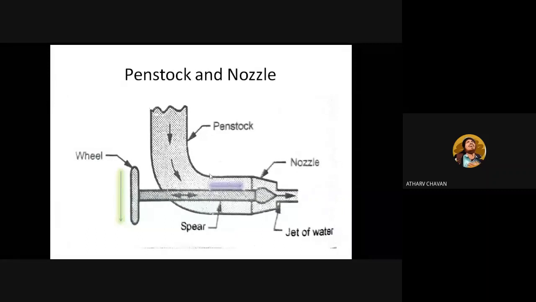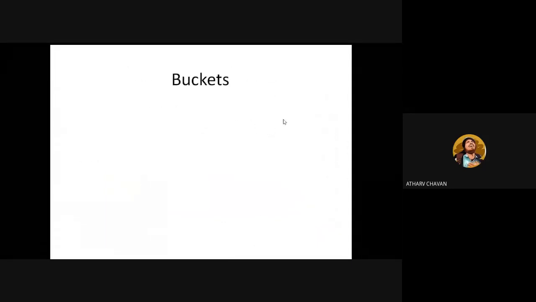The concept in our previous classes, that the potential energy directly gets converted into kinetic energy and strikes the turbine, is omitted here. Here the potential energy first gets converted into pressure energy, that is the self weight of the water. And when we move the wheel in the anti-clockwise direction, the spear goes in the reverse direction, and the mouth gets opened, and the pressure energy which was with the water gets converted into kinetic energy and strikes the turbine. So kinetic energy is finally the input energy of the turbine. That's the reason it's called the impulse turbine. So this is about the penstock and the nozzle.